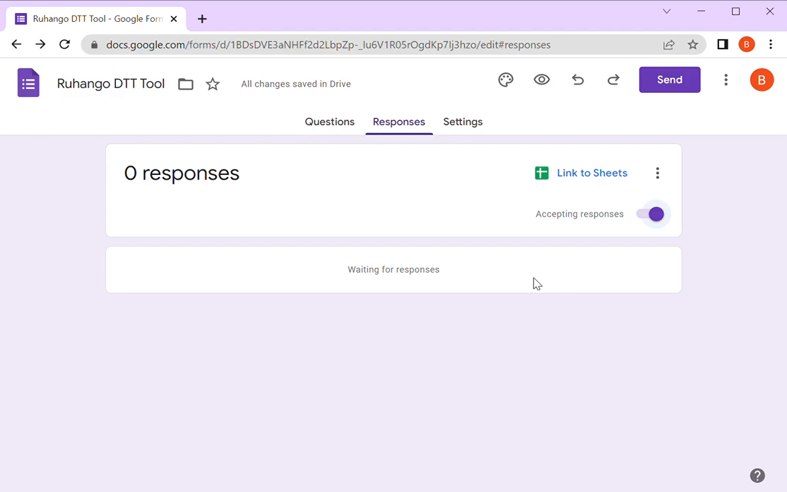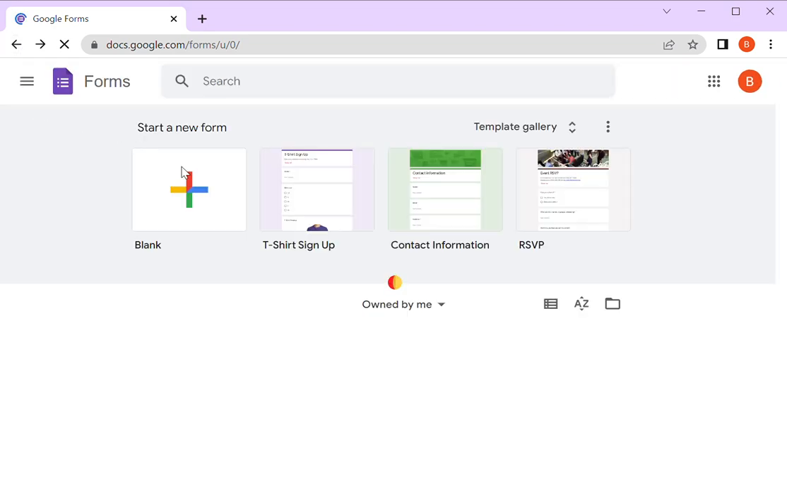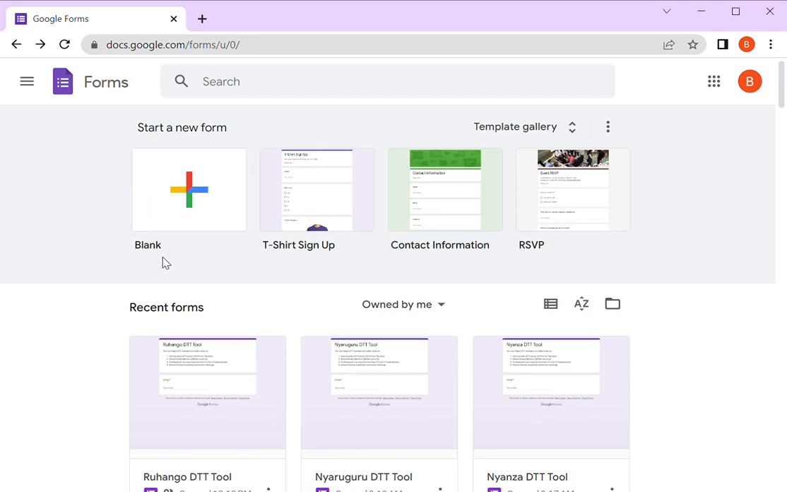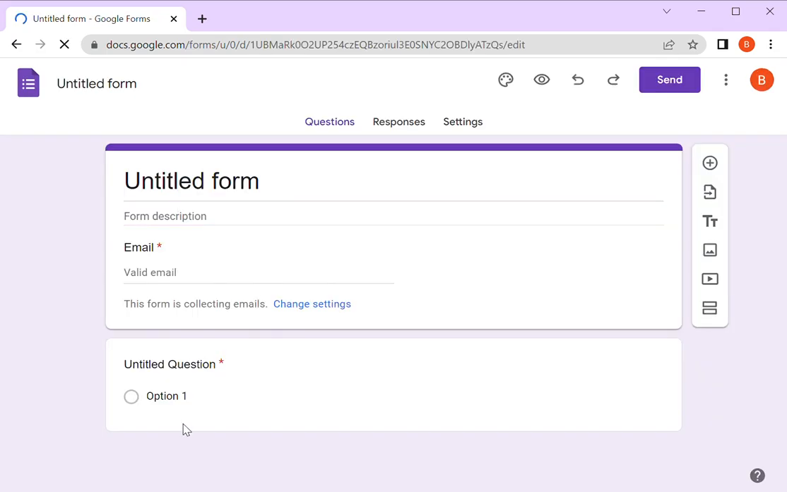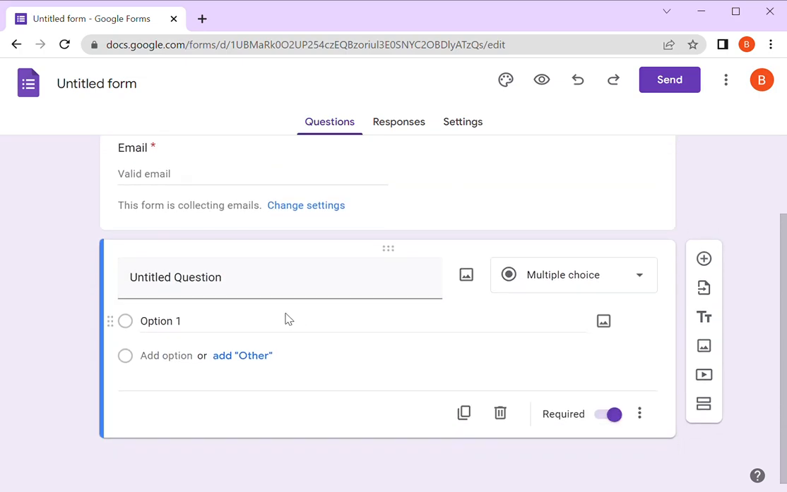Another question for discussion here is, how can you design your own tool? It is very simple to design your own tool. Going back to my dashboard here with tools, you can see a blank or a new form. That is the first way of creating your own tool. By clicking here, it will give a default format on how you can design your tool with